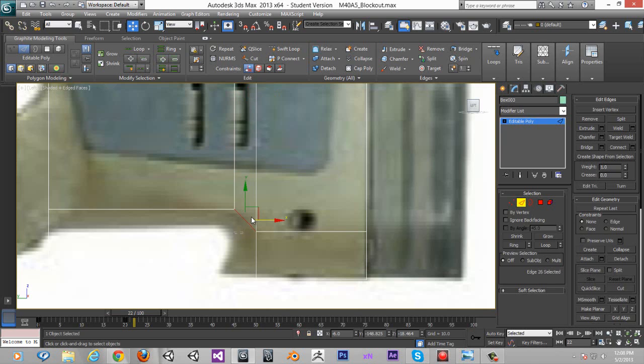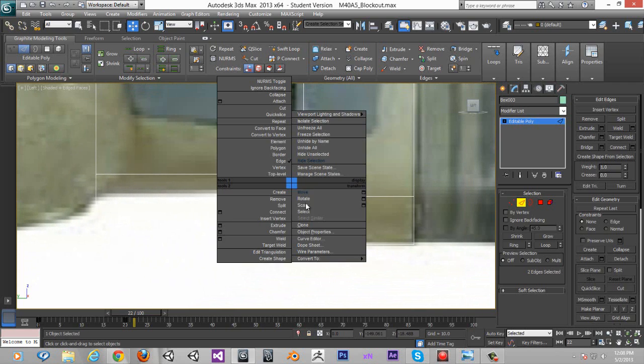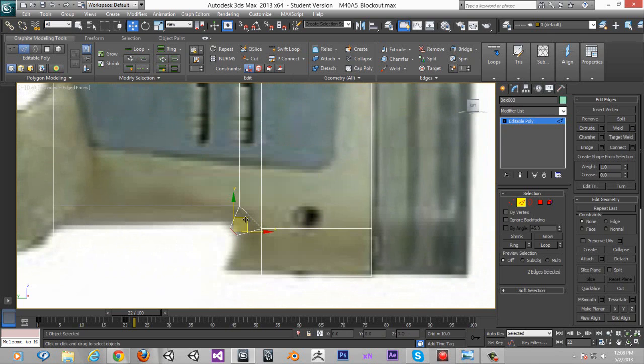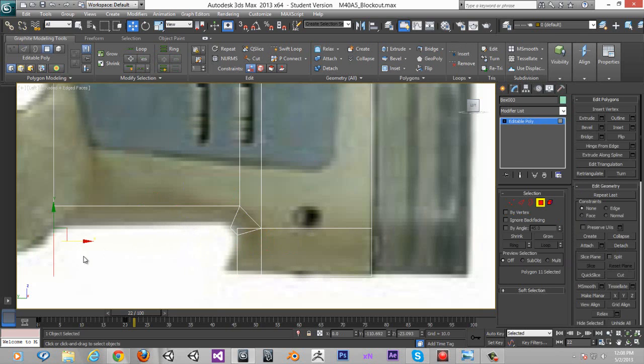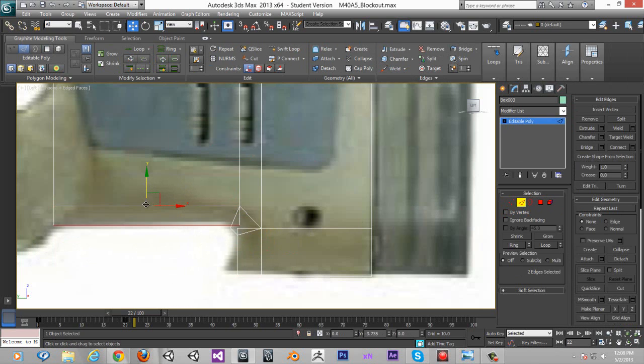Now I'm just gonna drag these parts out, extrude them actually. So just pull these down and then just scale them. And yeah, just scale them to make the curve right there. We're just gonna push it up a little bit so it kind of matches the image plane. Gonna pull these out the same way, and you just hold shift to do this, guys. Just hold shift on the edge and just drag it down and extrude it. So I just deleted the edge right there, and I'm just dragging this down,